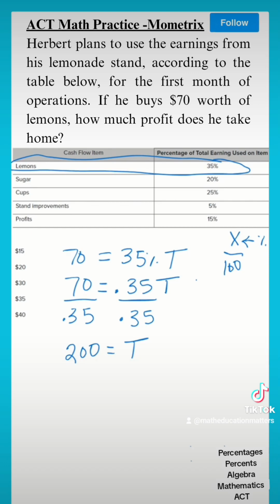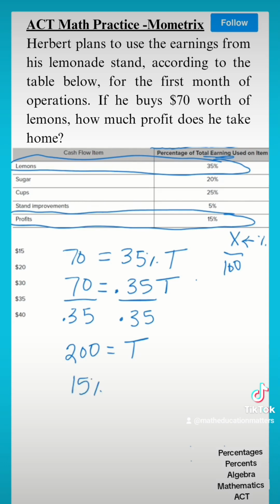And now remember, the question is asking for how much profit does he take home. Well, in our table, we see that his profits are equal to 15%. 15% of what? The total earnings. Okay? So then that means we need to solve